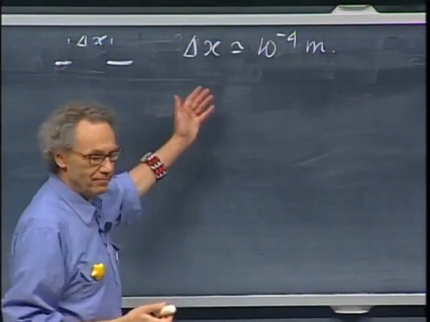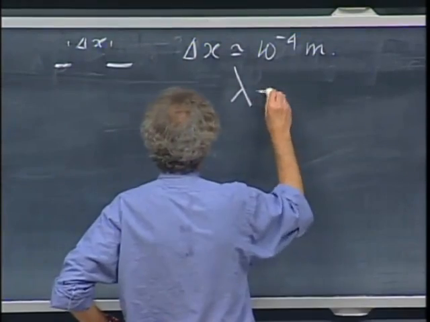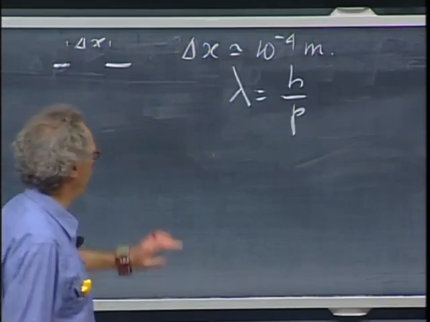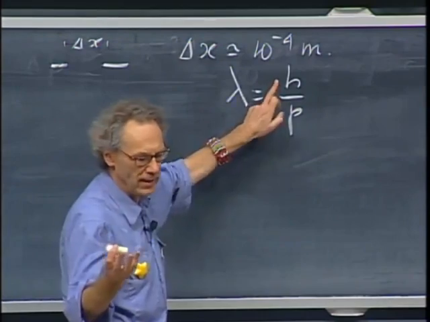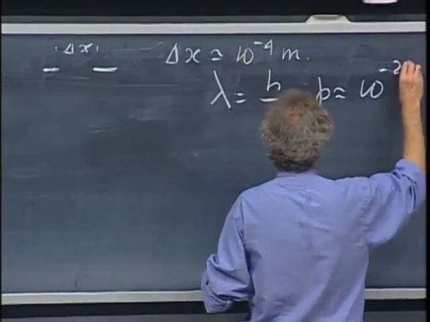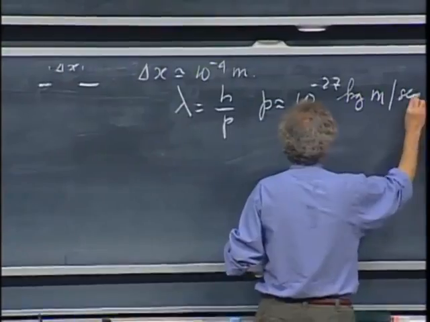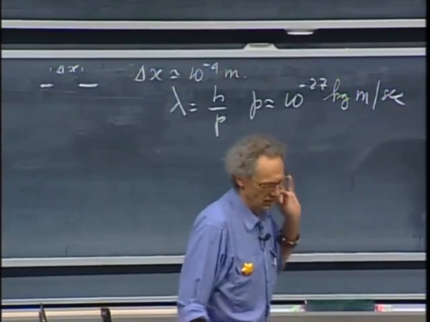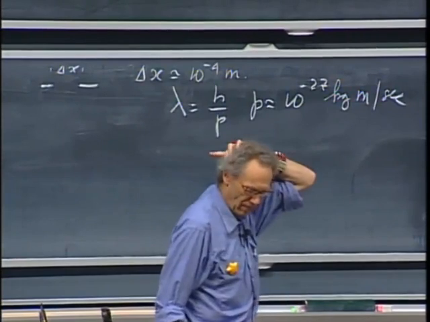I have light. I know the wavelengths of the light. And I know that lambda equals h divided by p, according to de Broglie. I know the wavelengths. I know h, and so I can calculate the momentum of that light. I have done that. Take my word for it. It is about 10 to the minus 27 kilogram meters per second. That's the momentum of the individual light photons. Think of them as particles, which you can do according to de Broglie.